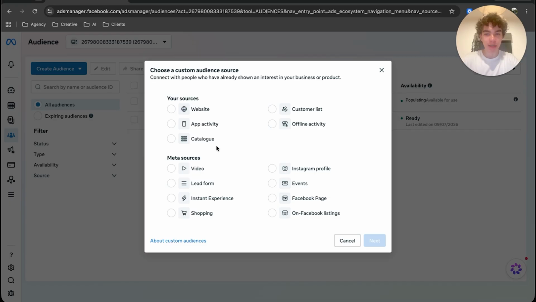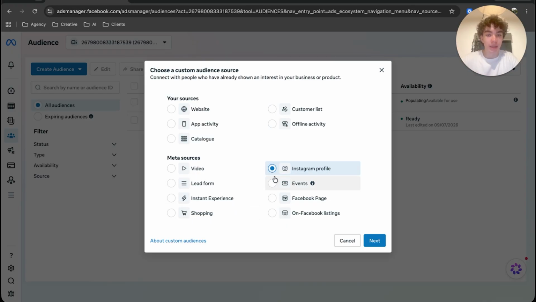And a custom audience is great because this allows you to do something called a retargeting campaign. And a retargeting campaign is just showing people your ad again, or showing people who didn't convert the first time from one type of ad, a different type of ad, or showing people who interacted with your content before more ads so they will convert. You can do this through different sources, whether it is the people who submitted a lead form but didn't convert, the people who added things to their cart but didn't pay,